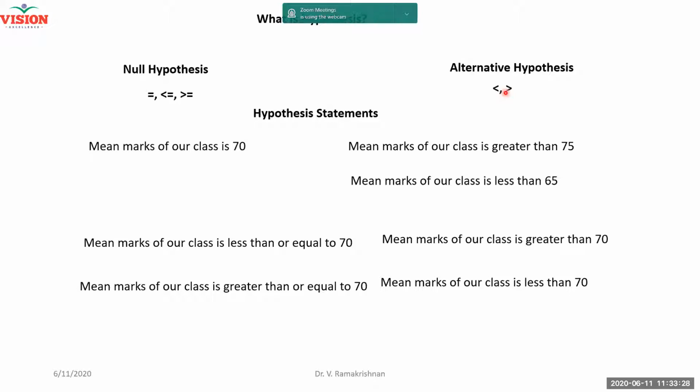Understand? Therefore, for understanding's sake, you will always remember that the equal to sign will not be there in the alternative. Even though less than or equal to is okay, because that equal to sign I will be using for testing the hypothesis. This is different from this. If this is 70, they will say not equal to 70. You can add not equal to also.